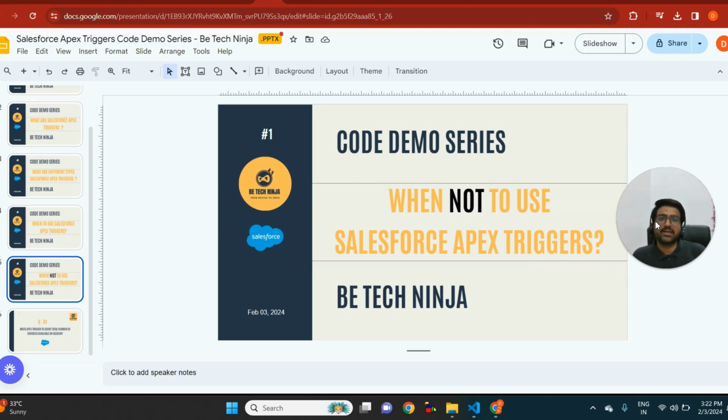Another use case would be if you want rapid development, and the changes are rapid, and the code iteration is also quick. When I talk about code iteration, I mean that there are constant changes that you have to perform to enhance the development. For that purpose also, you should not be using Salesforce Apex triggers,